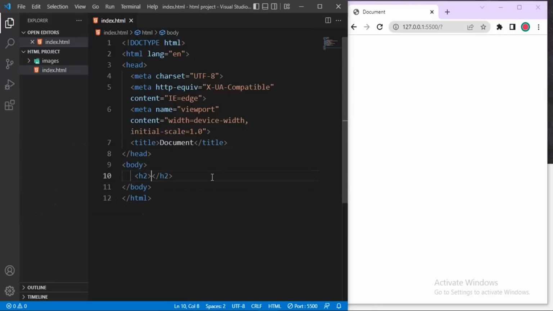Let me see how bold the h2 is. Let me see the output. Okay, it makes sense, but it seems to be a little bit bigger. Let's say simplify, open bracket, 2x plus 3,